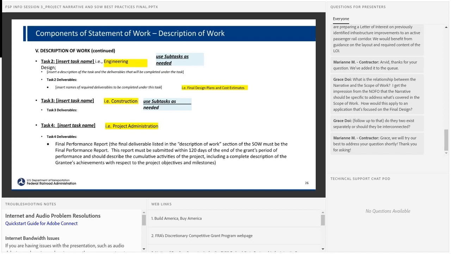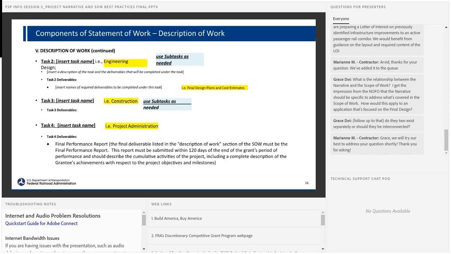Some of our construction projects have, for example, task 2, environmental compliance if it's not already done. Task 3, final design or preliminary engineering and final design if it's not already done. And then a task for construction. And the construction task, as noted here, you may need subtasks to fully describe the work that's going to be done. For example, if you're going to rehab 20 miles of track that includes grade crossings and bridges, then it might be helpful to have, for example, task 3A, track work, task 3B, grade crossings, and task 3C, bridges.